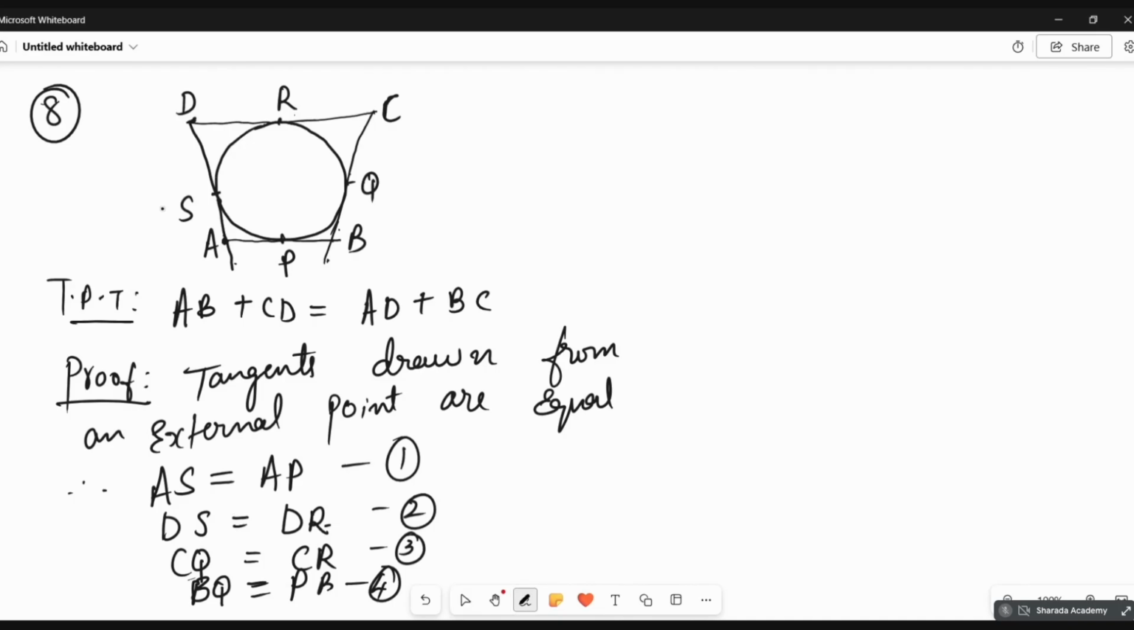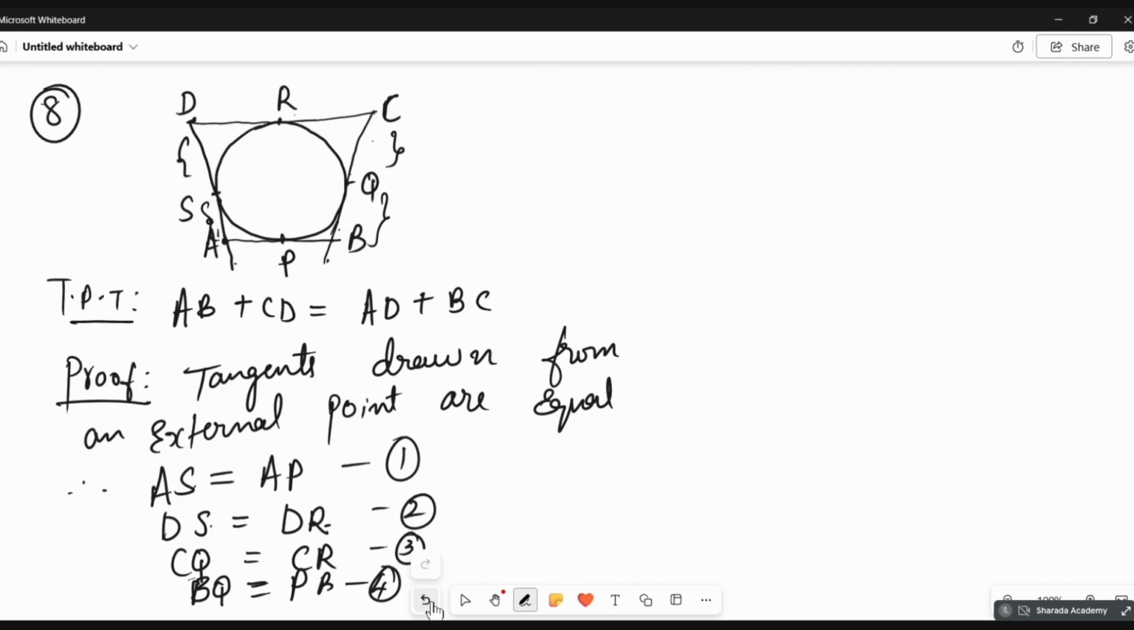Listen here once. I have AS here. So if I add all LHS one side, RHS one side, what will I get? AS plus DS will be AD. Correct? BQ and CQ, if I add, I will get BC. Whenever I'm writing, I'll write in such a way that AS and DS come on one side, BQ and CQ on one side, AP and BP on the other side, and CR and DR on one side,